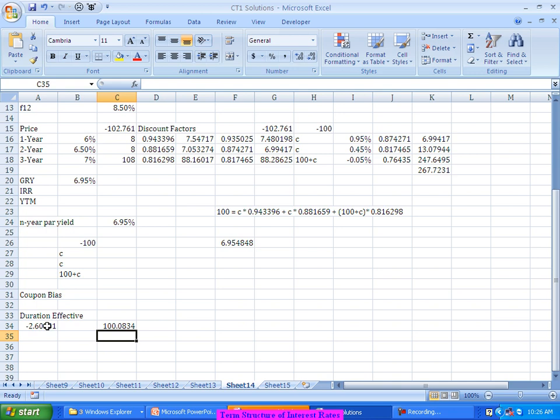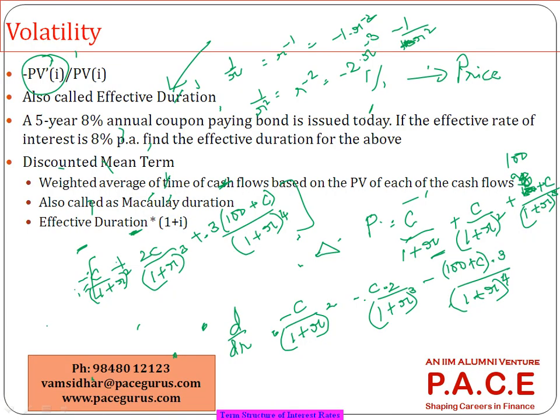That is how the effective duration is a measure of volatility, which means the higher is the duration, it's also telling me that the higher is the percentage change in the price of the bond for a 1% change in the interest rates, which means the higher the duration, the higher the volatility associated with that particular bond. So that is one way of calculating the volatility. Whereas there is another method